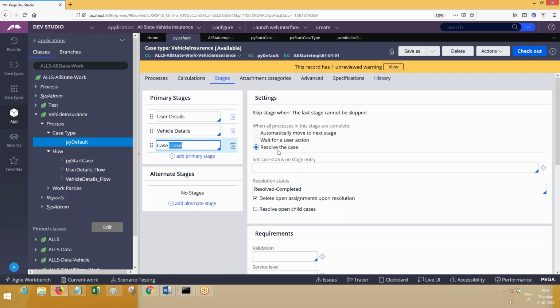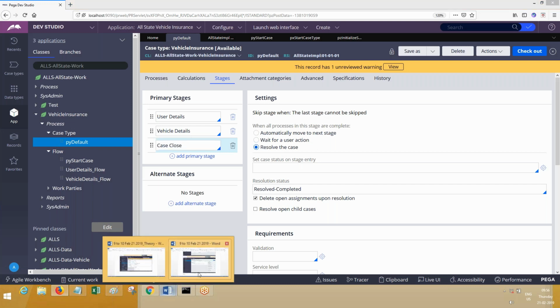Can I add one more stage after resolution stage? Possible or not possible in the designer? It is possible. You can add. But execution, you have to make it conditional. Okay? When that has to be executed, when this condition, that and all we'll see later, not now. So once it comes to resolution stage, processing will be stopped. Okay, so this is clear, everyone? This is the process of reading the stage names from case type rule.